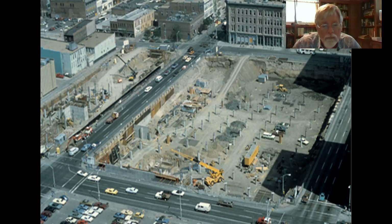Where was Casey Fine Furniture? Wasn't it over on Wazee or Blake or Market, right there close to Cherry Creek, wasn't it? No, not close to Cherry Creek. It was close to Speer Boulevard and I think Arapahoe, I'm not sure. What building is that way in the back? No, I don't mean what building. What street is that? That would be 15th Street there just in front of the Granite Hotel with that white bus on it. Yeah, 15th. Larimer would be off here to the right and then it's off to the left. And what's the lower one with the traffic with the white vehicle and the cars? In front of that, down at the bottom of the screen. The street? Uh-huh. That would be 16th